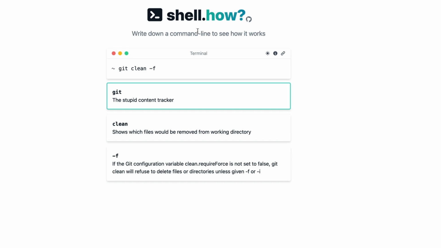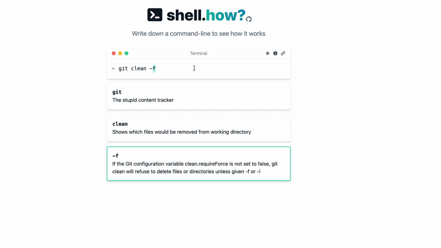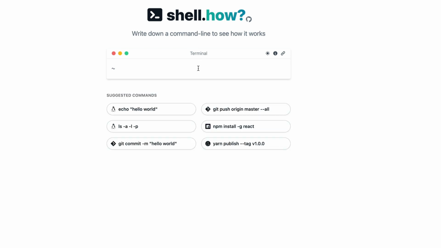And I think this is an amazing application for beginners and also experienced programmers, not just to simply copy and paste from Stack Overflow, but also to understand what it does. So now, more about the website. Now we know what it does. So a couple of features that you can see out of the box.